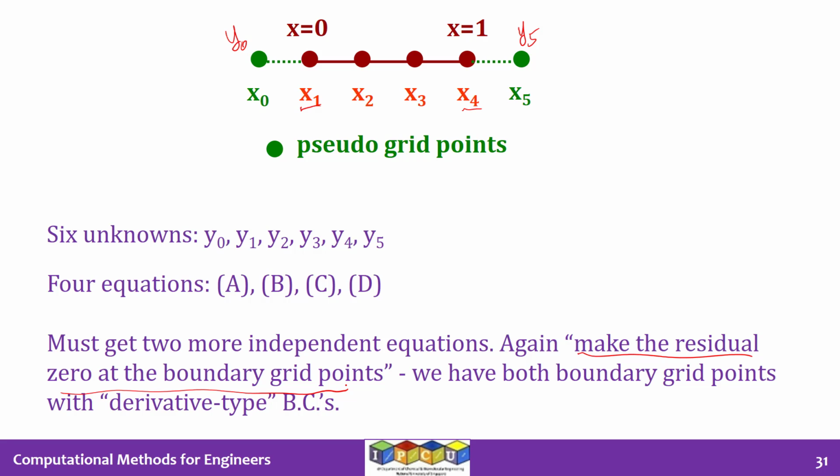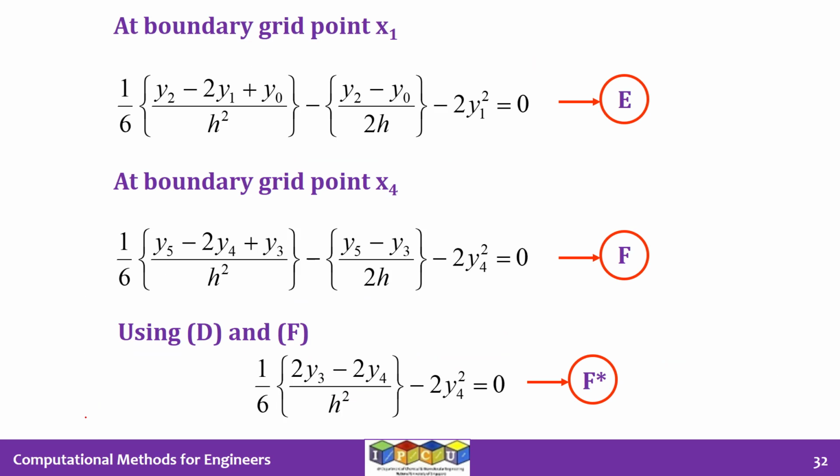Basically, we are saying you have to apply the ODE and its finite difference approximation at the boundary grid points as well. Wherever the boundary grid points have derivatives, we have to represent the ODE in terms of its finite difference approximation in order to get the equations required to completely solve the problem. So like we did for the internal grid points x2 and x3, we can also represent the ODE in terms of the finite difference approximations at the boundary grid point x1, when we will get equation E, and at the boundary grid point x4, when we will get equation F.